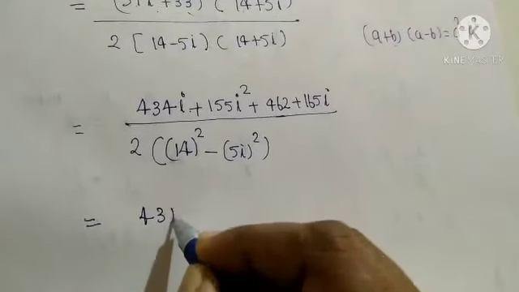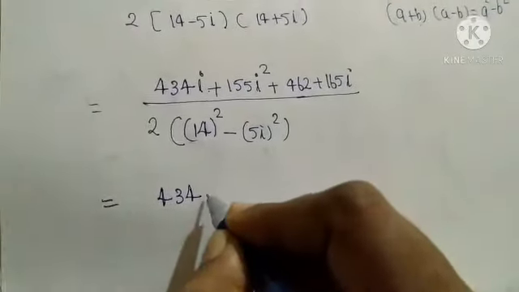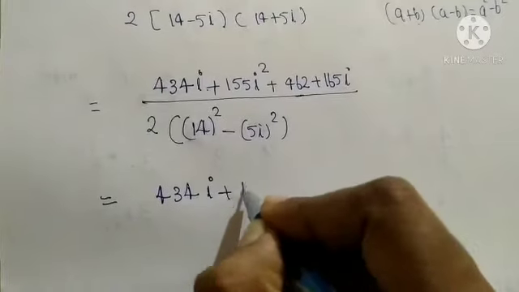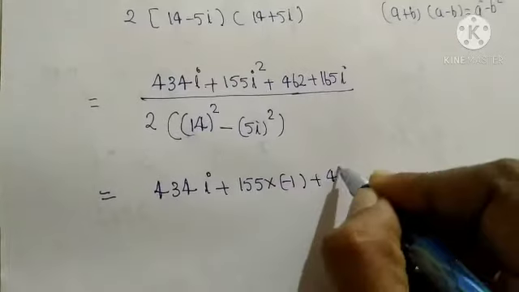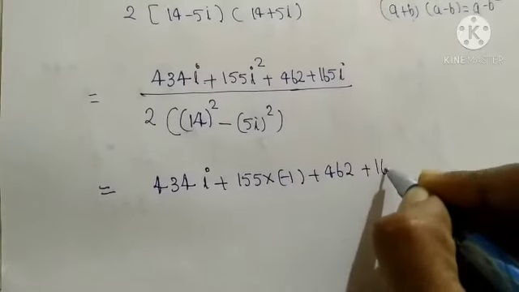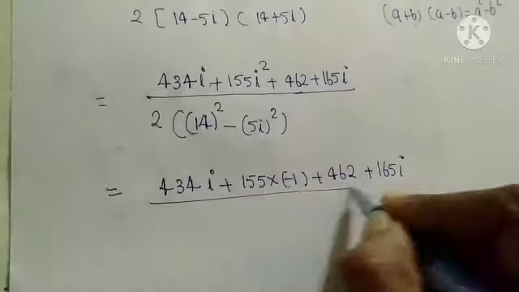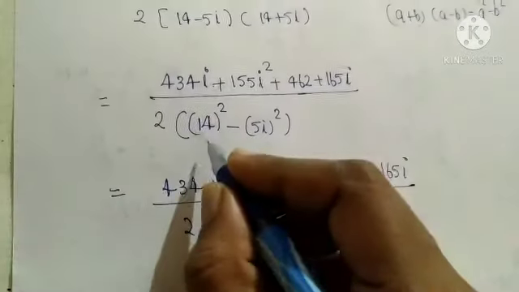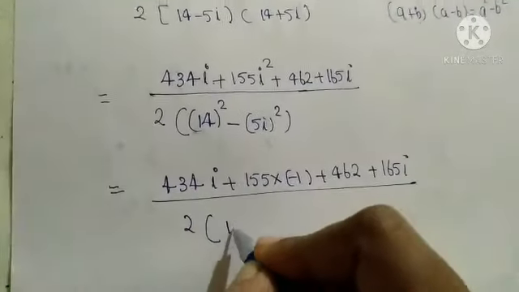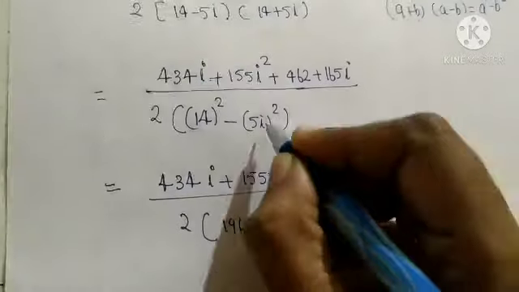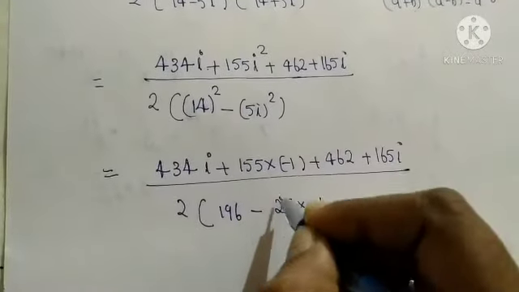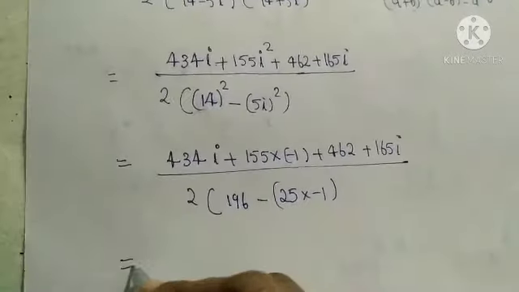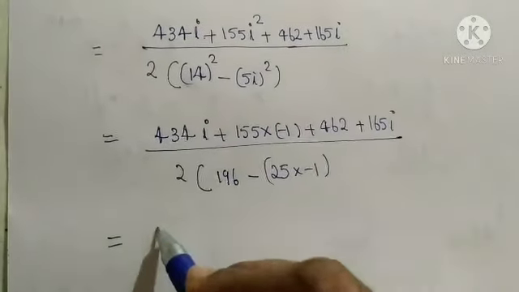So our numerator will become 344i plus 155 into minus 1 plus 462 plus 165i divided by 2 into 14 square is 196 minus 5 square is 25 and i square is minus 1. Okay, and this is equal to